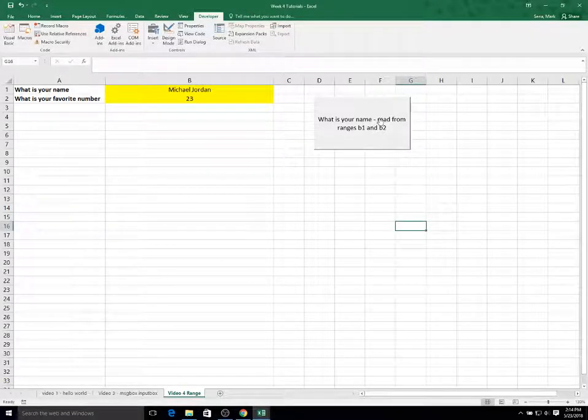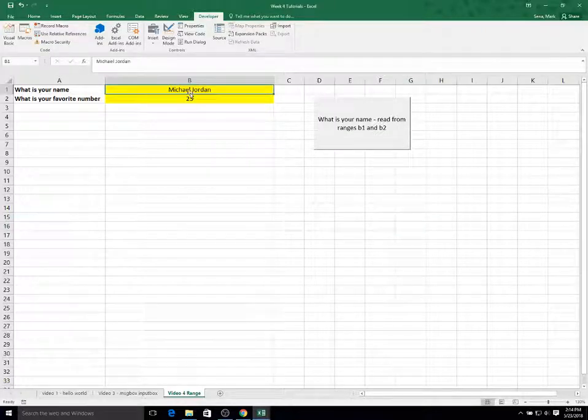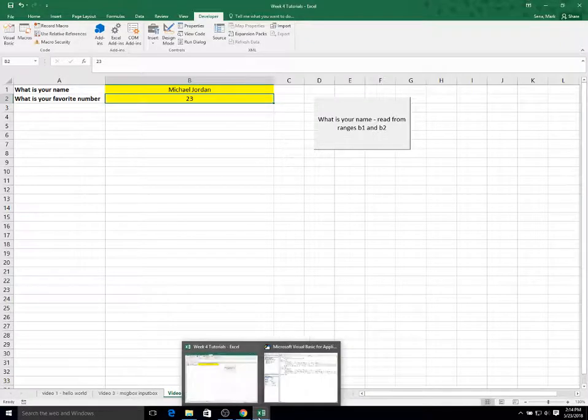Okay, so I'm naming the button, what is your name? I should say what is your name and favorite number, but read from ranges. So we're going to read the input from B1 and B2 in the code. So Michael Jordan is in B1, the favorite number is in B2. And now I'm going to go back to my code